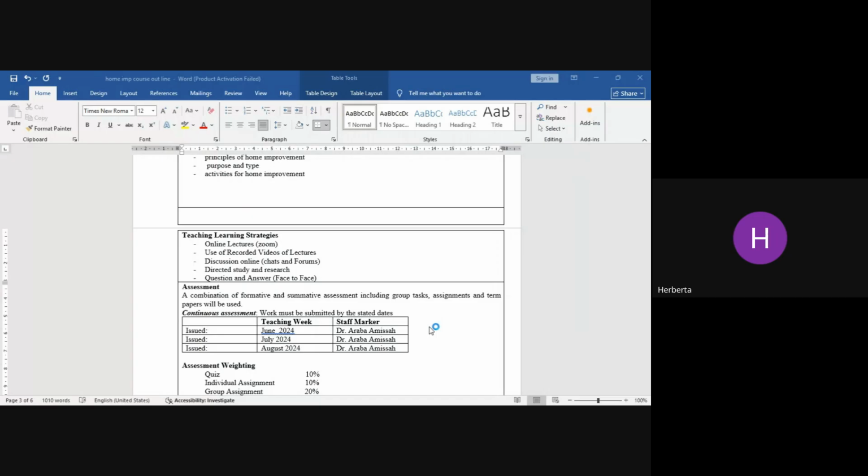Housing and home improvement. So last semester, we delved extensively on the home, a house, and then housing. We looked at a house as the structure in which